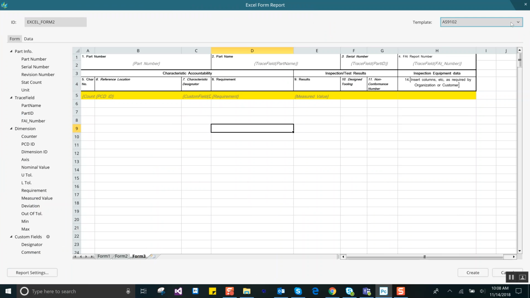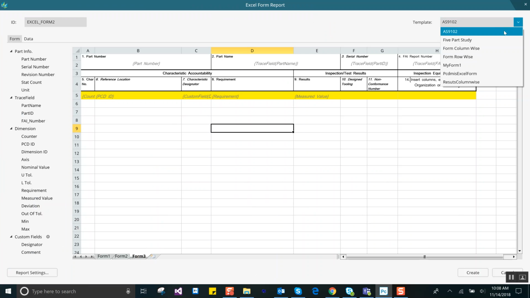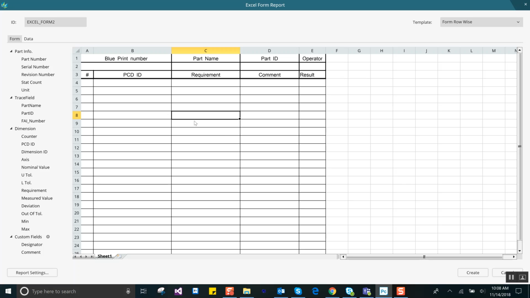This time I will select a form named form row-wise. This is a blank form. No association has yet been made between the field and the form. So here I wanted blueprint number. I can drag and drop the value into that column,